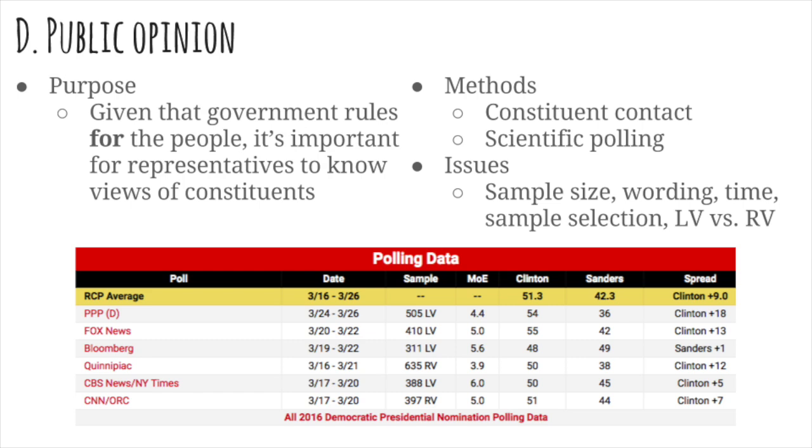You want to make sure that you have a geographically diverse sample. If all the people you're calling are from the Midwest or from the Northeast, that might be a problem as well. Gender balance, something else to consider. Likely voters, LV, versus registered voters. Likely voters are less reliable than registered voters. So these are all things to kind of consider when looking at the world of public opinion polling.